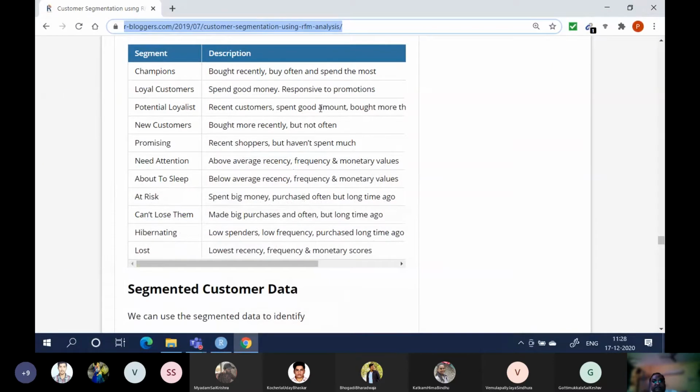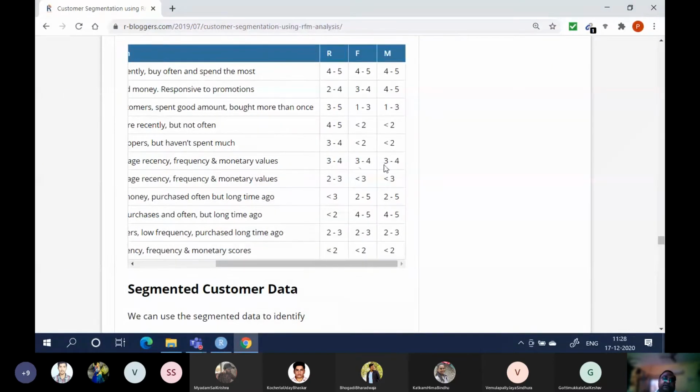So here, this is the classification which they have created based on RFMs.